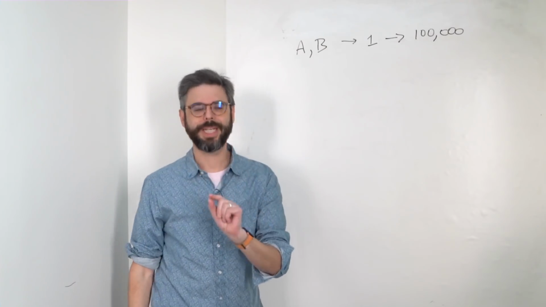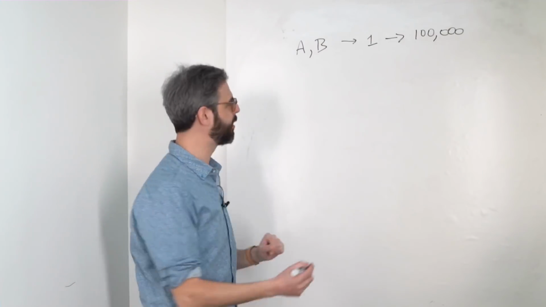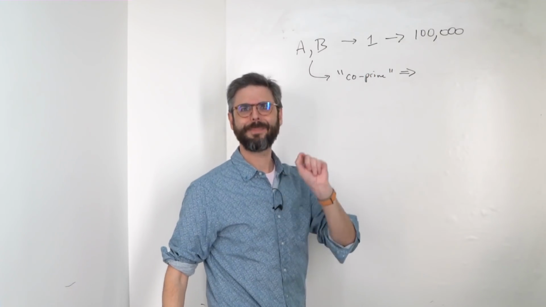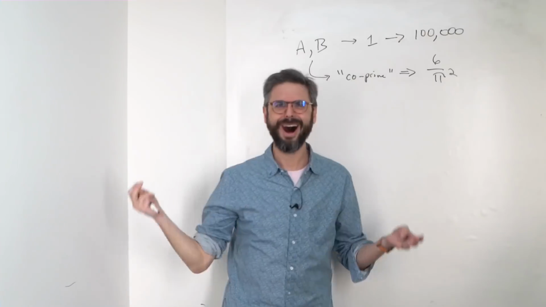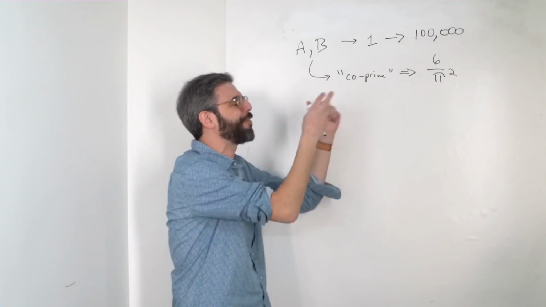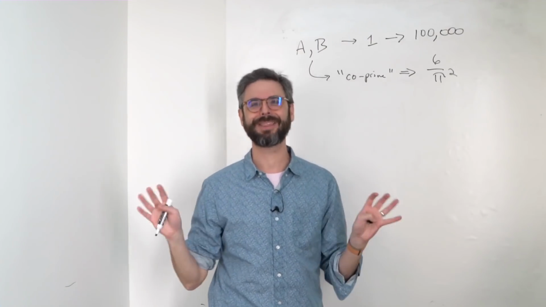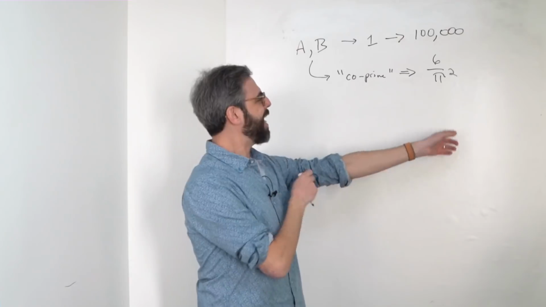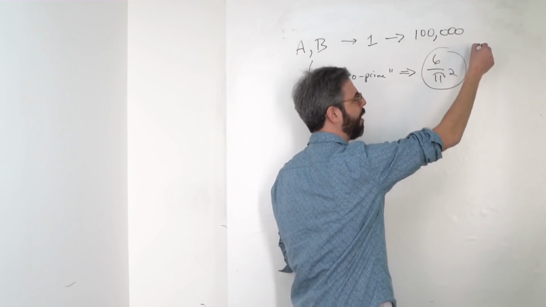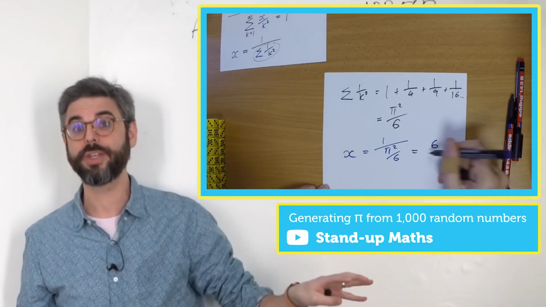The probability that these two numbers are co-prime is 6 divided by pi squared. Huh? Why is that? That's crazy. Well, this is one of the wonderful things about the number pi. It shows up all over the place in mathematics, and it's just delightful. If you want to understand a bit more about the derivation and proof of this number, this is where I would suggest you check out Matt Parker's video. He goes through this in detail.